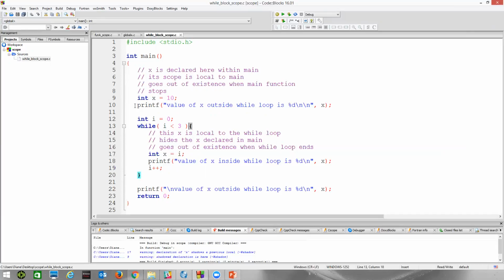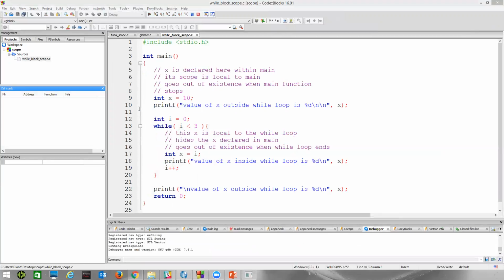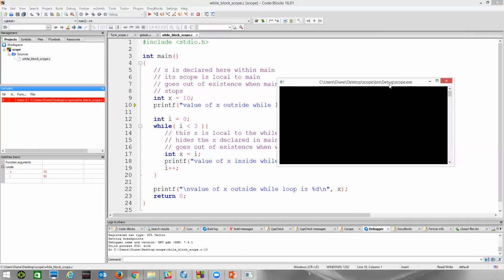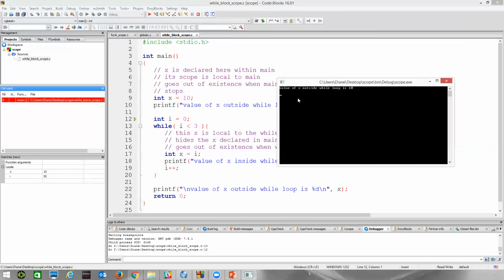Right. Let's just go ahead and do a run to cursor. Right. I've already built this. All right, so run to cursor, right? Nothing on the output screen because I haven't executed that code yet. You can see here that we've got X as a local variable with a value of 10. I just has garbage in it. So next line. Right. So next line, this executed then this printf statement, we see that we get the message that the value of X outside the while loop is 10.